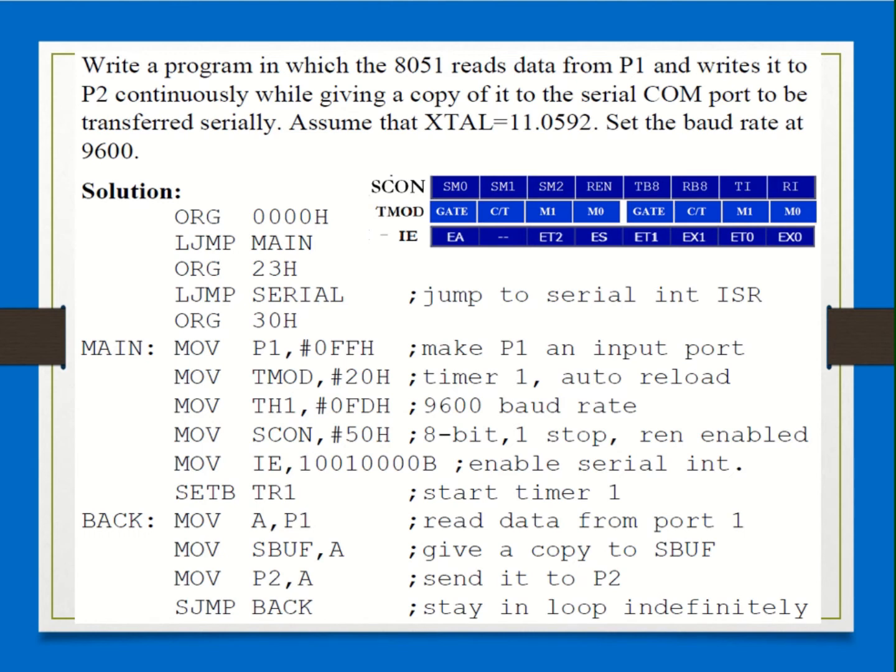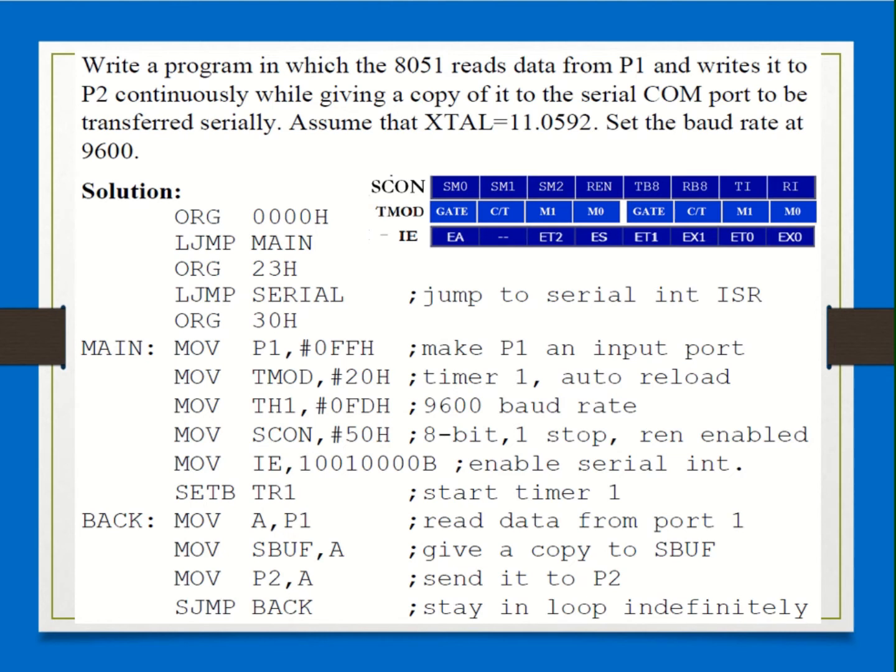So that's the reason 10010000 is the value that you're sending into the IE register. Now observe, SETB TR1 means you are starting the timer. As this timer starts, it starts counting up from the FD value, the initial value.